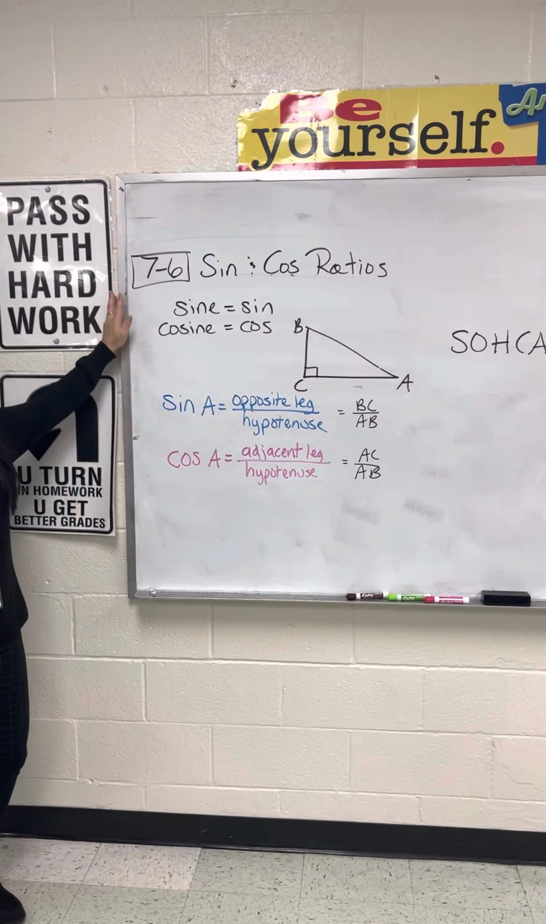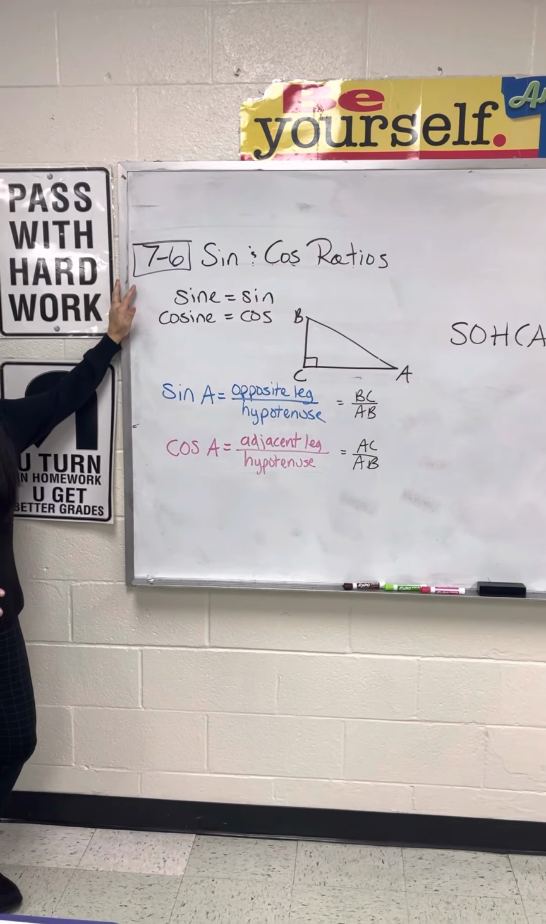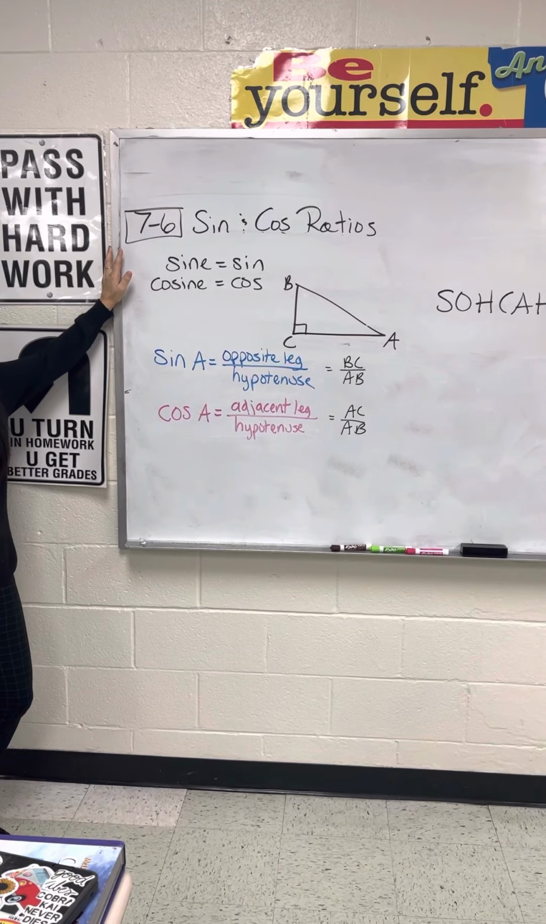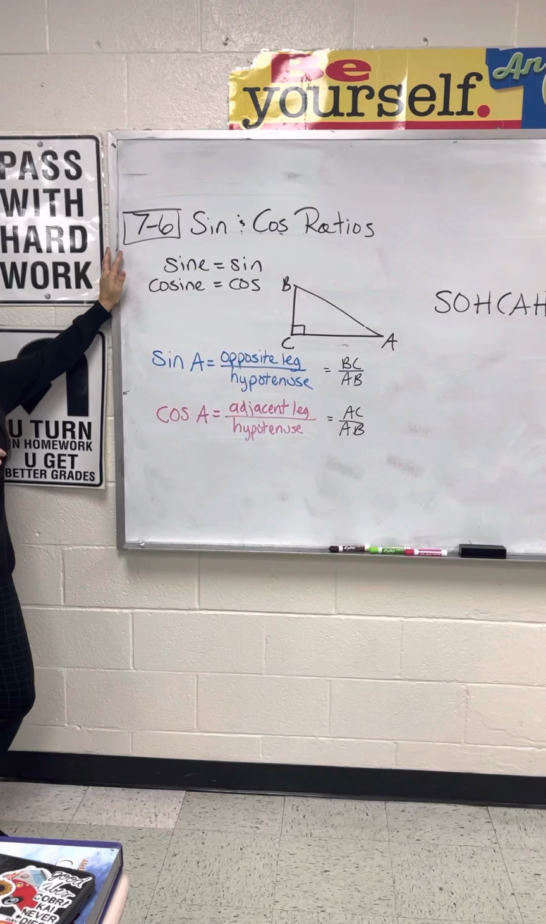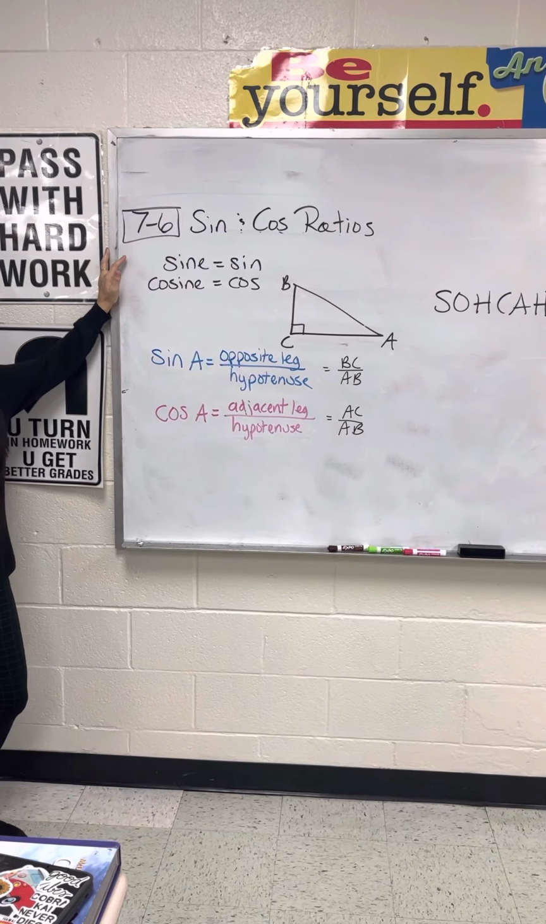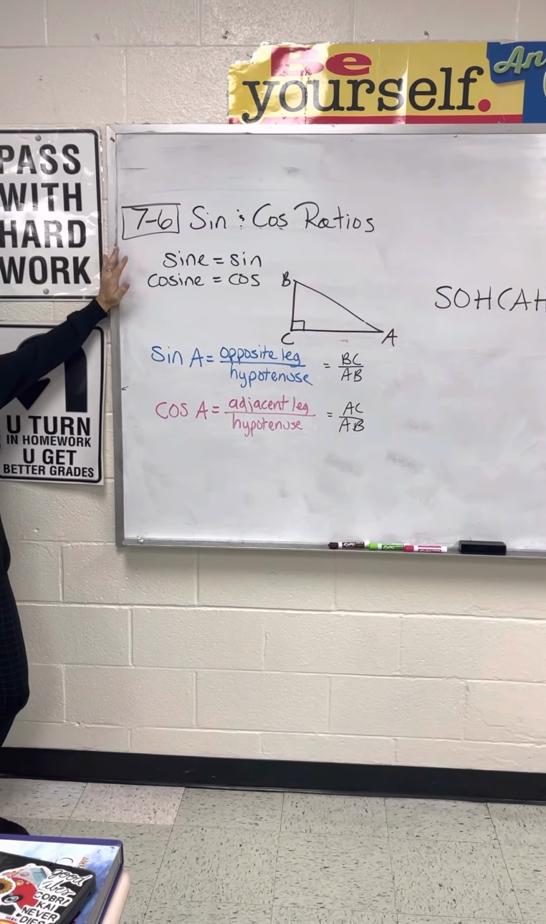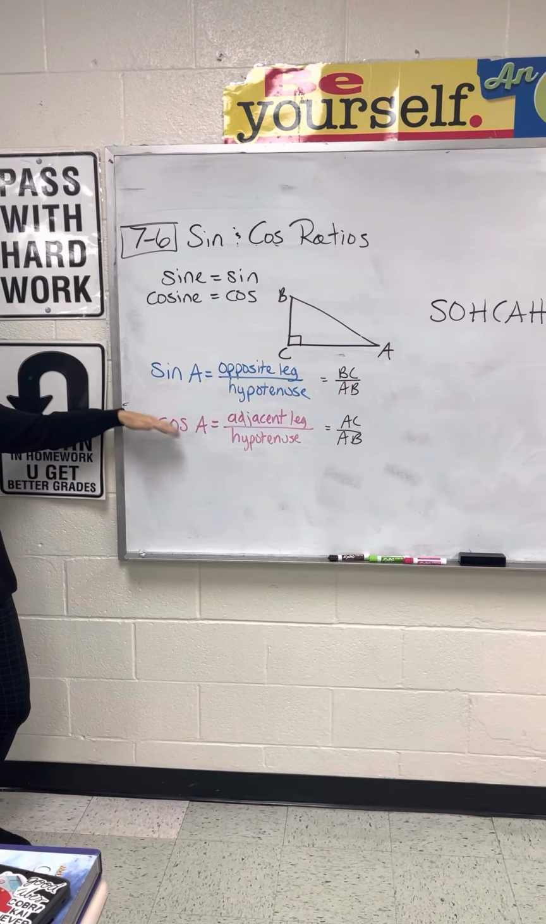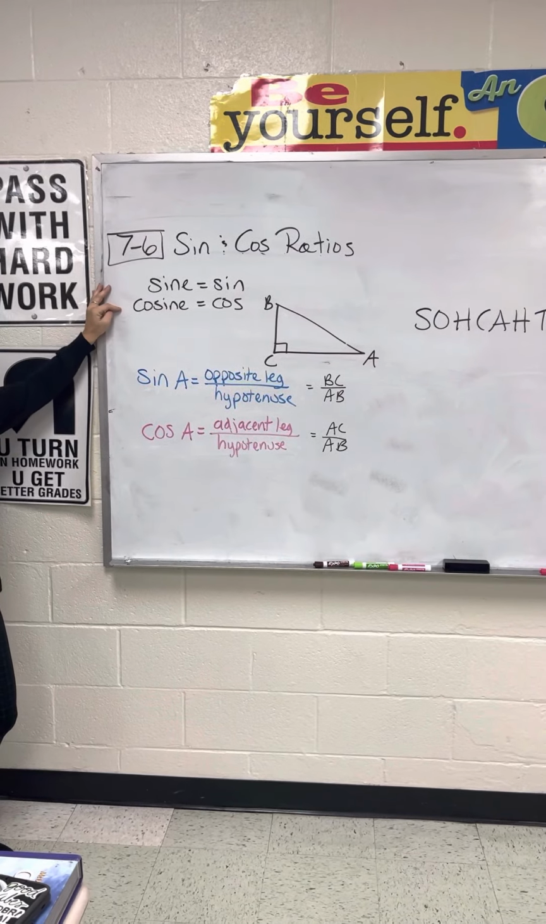Okay, so 7.6 is sine and cosine ratios. Remember last time we did tangent. This is 2 additional ratios that you need to memorize. These are a different setup. These include the hypotenuse where the tangent did not. So even though they're abbreviated as SIN and COS, we still pronounce them as sine and cosine, just like TAN